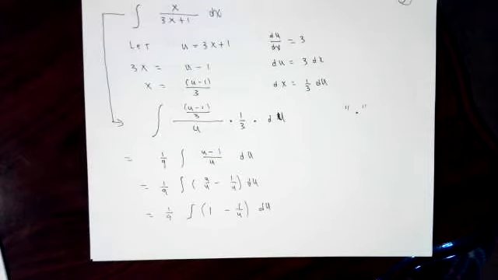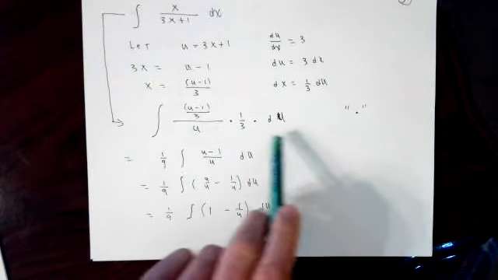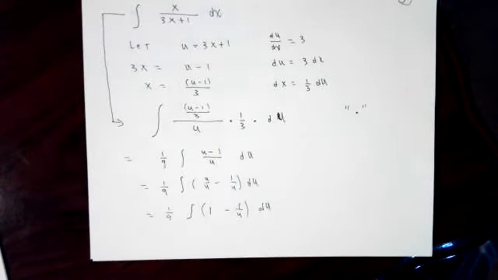I'm going to let u equal 3x plus 1, which means du dx is 3, or du is 3 times dx, pretending that these things are fractions, which they're really not. Dx is 1/3 du, and we're going to think of these as though they were factors, as though